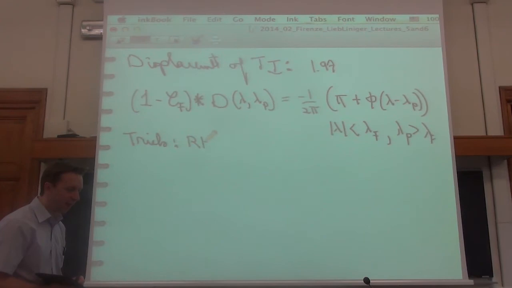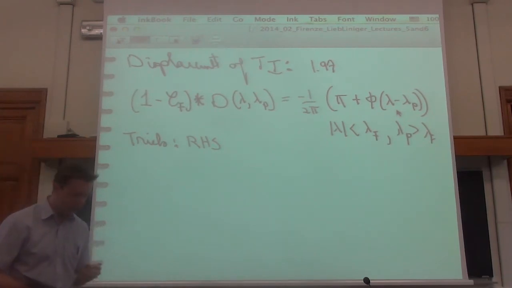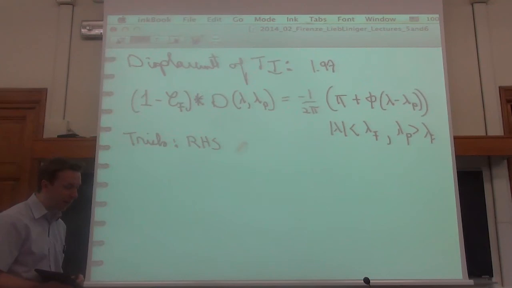The right hand side is just the scattering phase shift here. Therefore it is the integral of the derivative of the phase shift. The derivative of the phase shift is just our kernel c. Okay? So what we can write is that the right hand side is equal, it's just a straightforward little calculation.